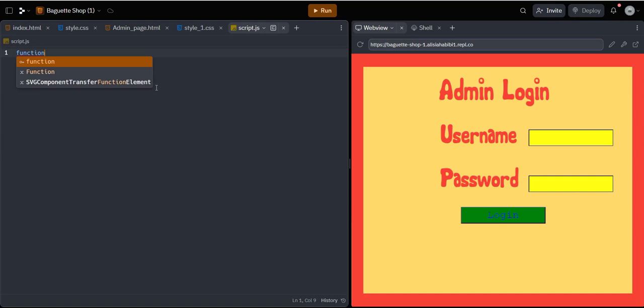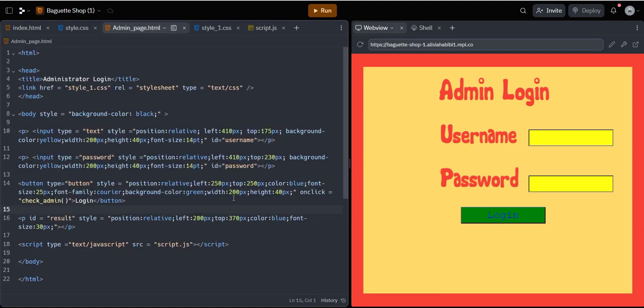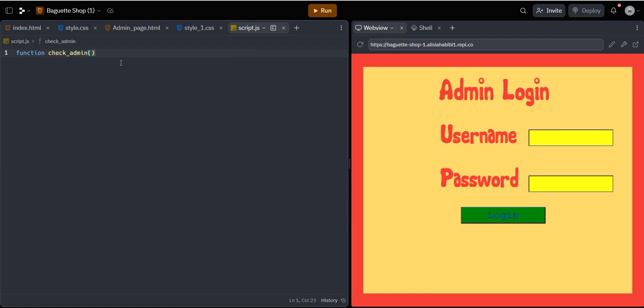So here we're going to start by putting in function. So we'll put the name of the function and it's basically check admin. Make sure you write the name properly as what you wrote in the admin page. So check underscore admin. That's what I wrote in here. So it's really important that you check that. And then we open curly brace,